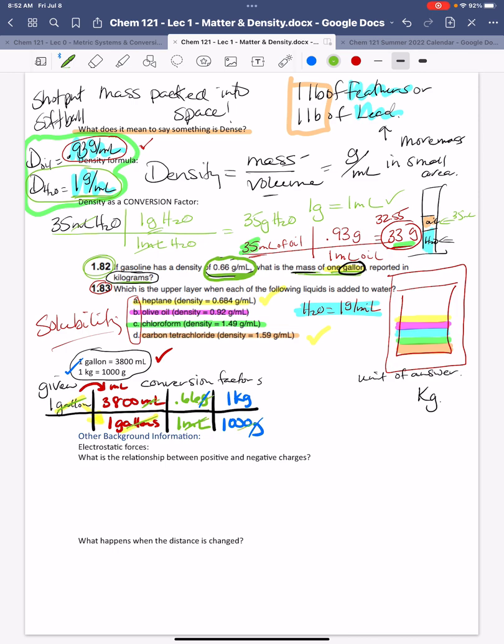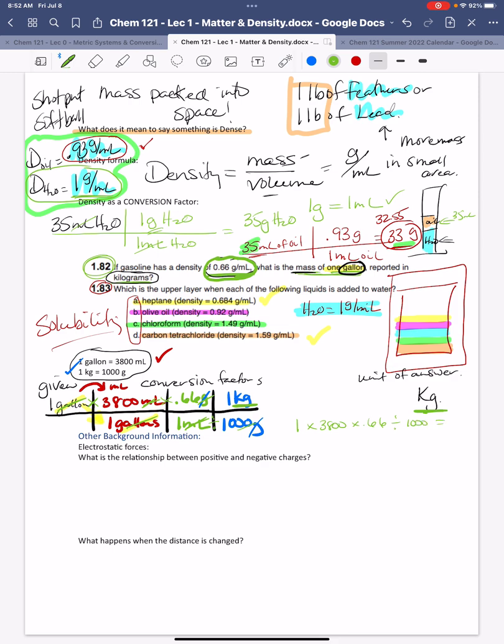That's kind of satisfying. The unit I'm left with is always going to be the unit I'm asking for, or the unit I want my answer in. As we spoke about yesterday, if the number's on the top, we multiply, and if it's on the bottom, we divide. The power of this is you can do this in one fell swoop. I can take 1 times 3,800, multiply it by 0.66, and then divide it by 1,000, and then I'm going to have my answer.